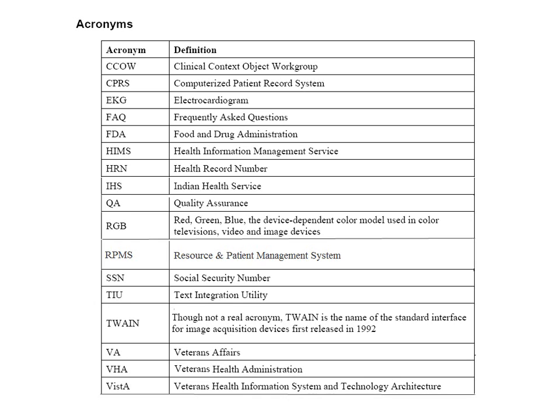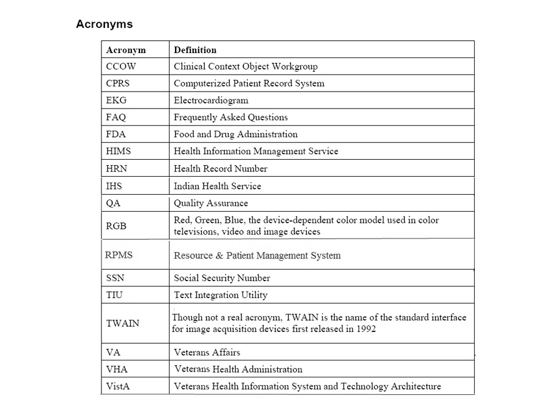This is a brief list of acronyms used in the modules. CCOW, Clinical Content Object Workgroup; CPRS, Computerized Patient Record System; EKG, Electrocardiogram; FAQ, Frequently Asked Questions; FDA, Food and Drug Administration; HIMS, Health Information Management Service;